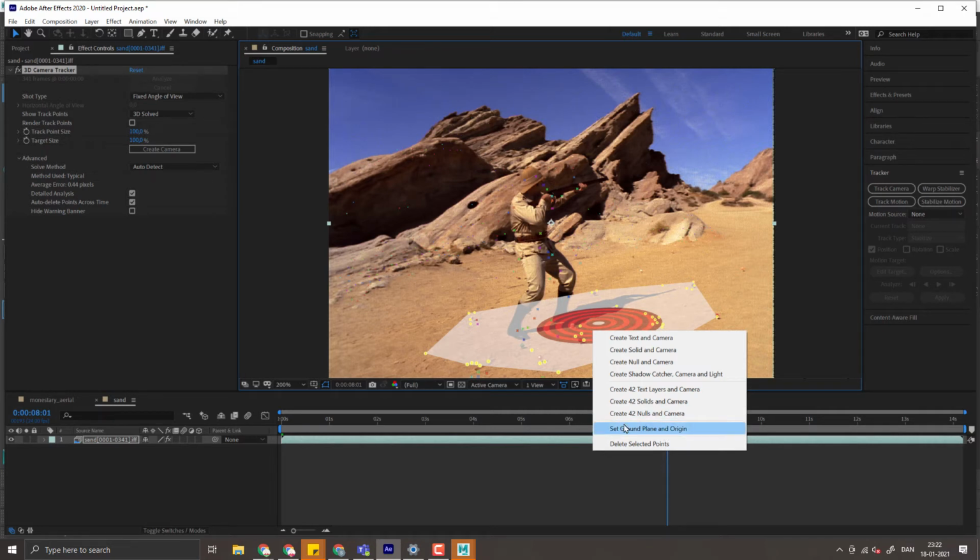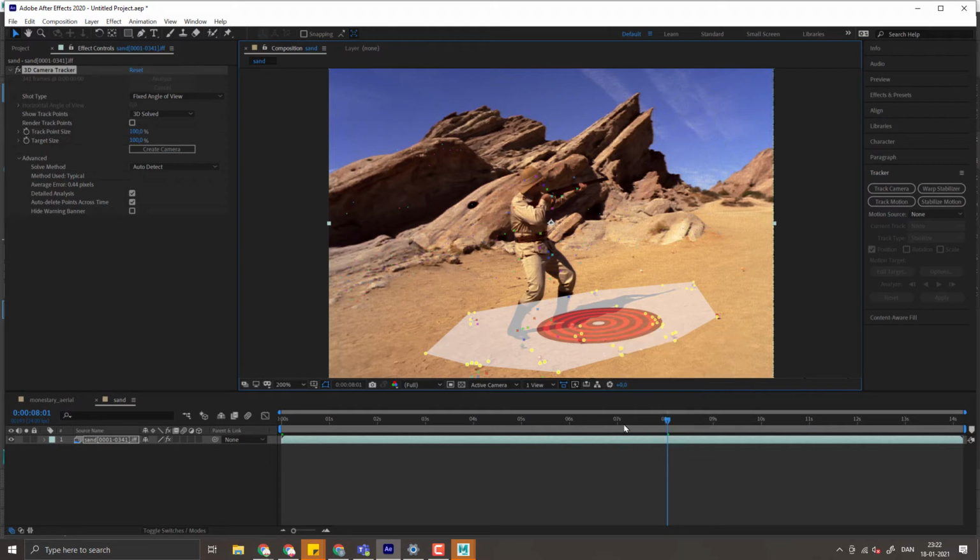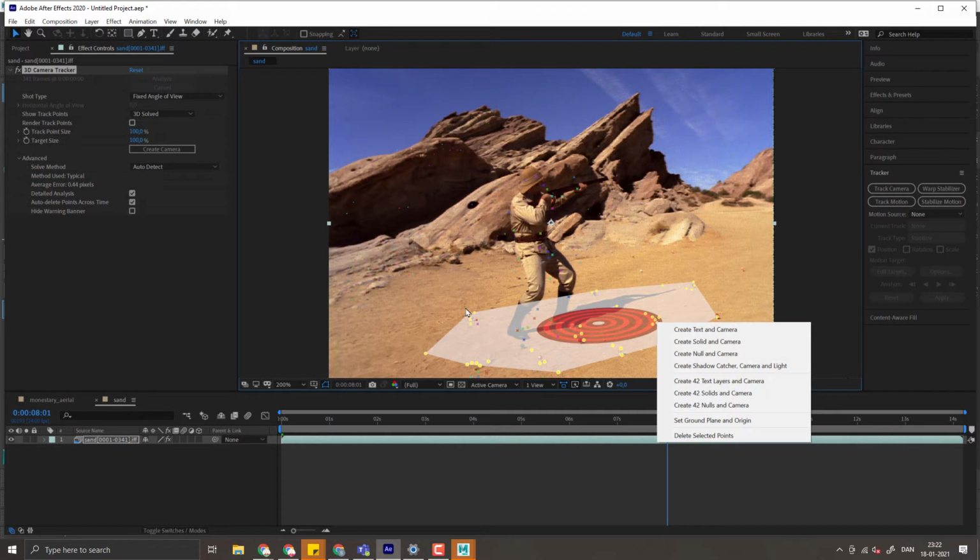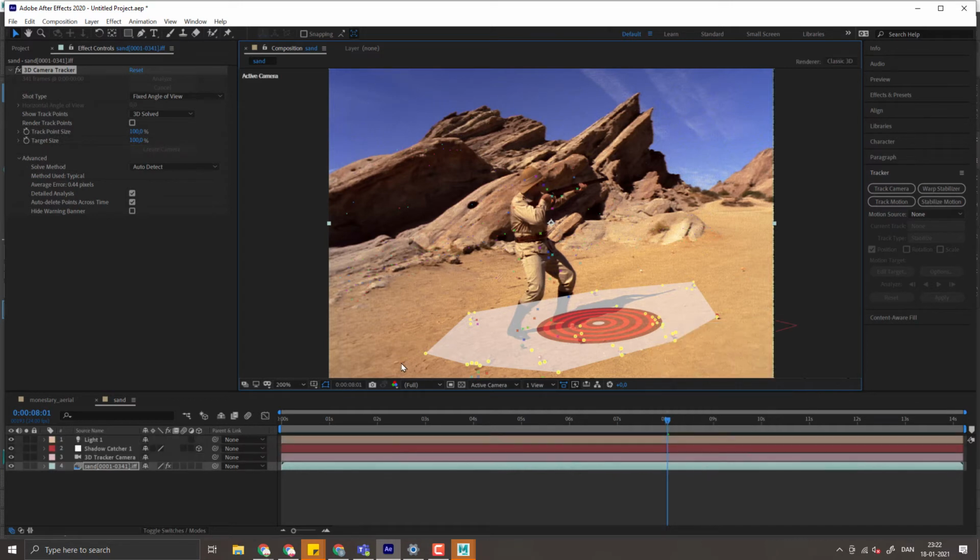very similar to what we had in Nuke. So this will sort of put this reference down here, that this should be the ground plane, and that this should be the origin. And then while the same thing is still selected, I will create a shadow catcher, camera, and light. It's just giving me the whole thing. And the result here is that I will get,